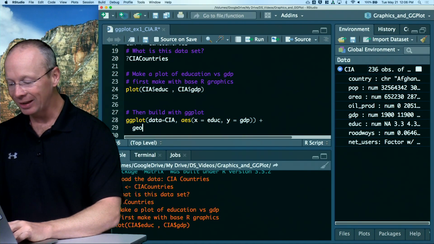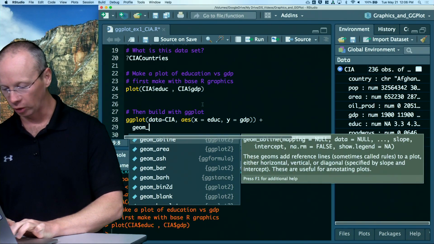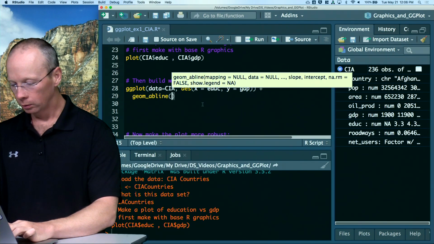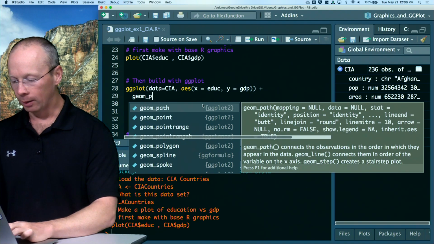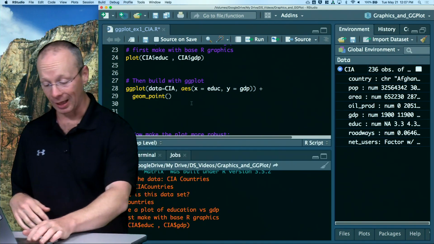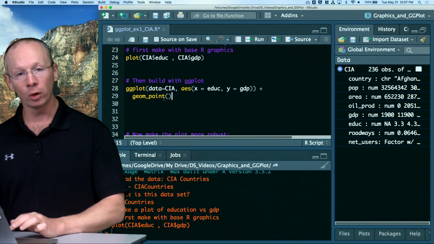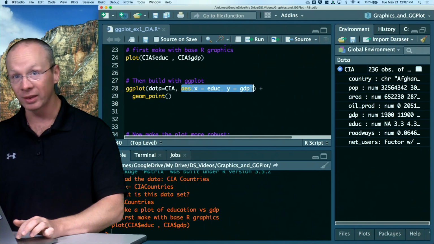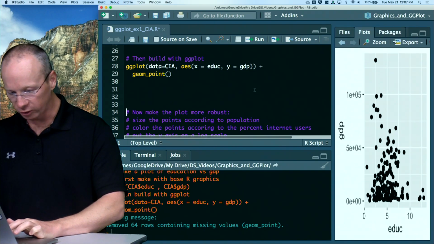So I'm going to add a geometry. Geom is short for geometry. Oops, that's not the one. Geom underscore, and I'm just going to add a point. And actually that's where I'm going to stop this plot. So I've built the base of my Lego tower, and I've told it I'm going to build points based on these particular aesthetics. So if I do this, Control Enter and run it,